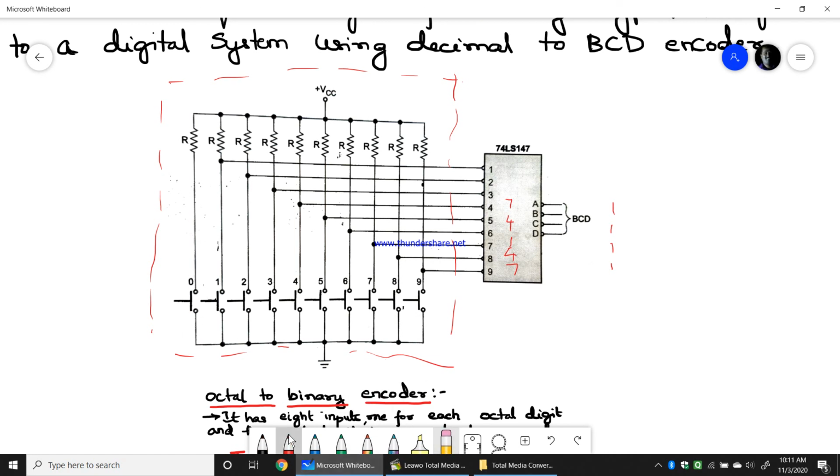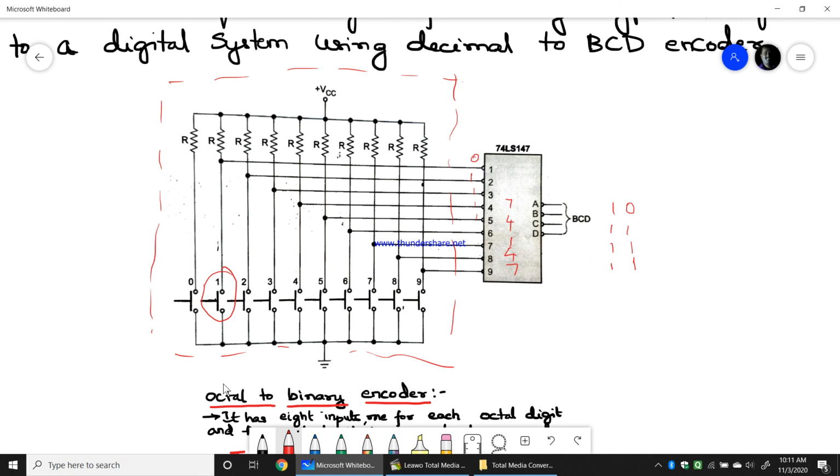Think that I have pressed the button 1 here. So this button is pressed. Once I press this, ground is directly connected to this wire, and that makes 0 for 1 and all others will be 1 1 1, because other buttons are not pressed here. Therefore, as 1 is 0 and all others are 1, it gives me the BCD output for 1, which is 1 1 1 0, because 0 0 0 1 is the BCD output, but active low output, so it gives 1 1 1 0.